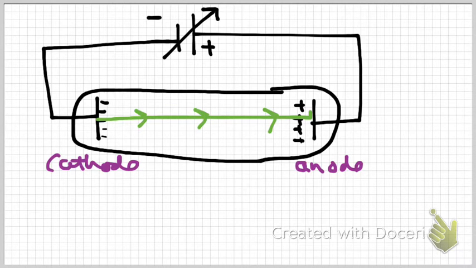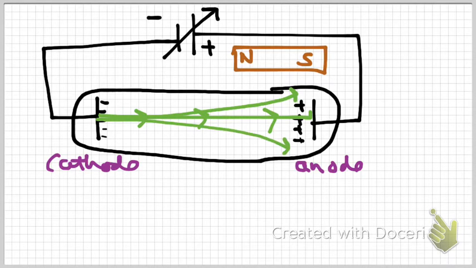Now JJ went along and he did something different with his cathode ray tube. He brought in a magnet. And here you see it depicted as a bar magnet. You see the typical north and south pole that magnets have. And he was trying to discover what exactly is this beam made of. And when he brought his magnet nearby, he noticed that the beam didn't stay going straight across the center of